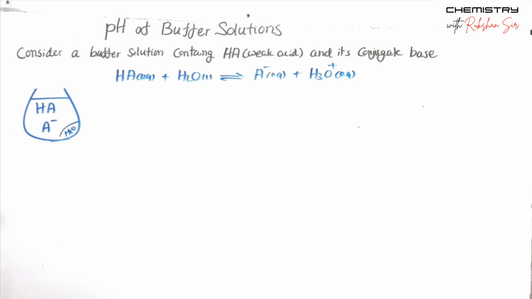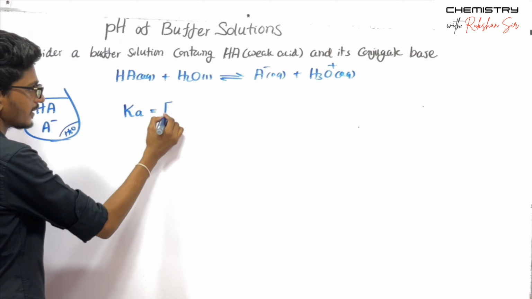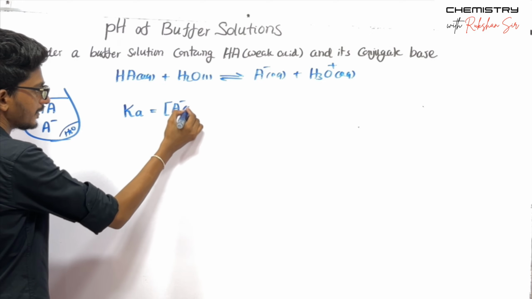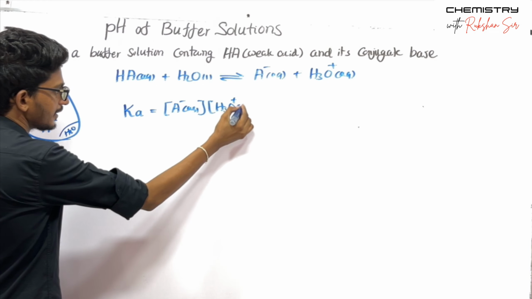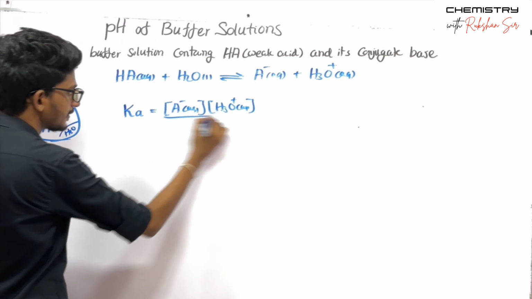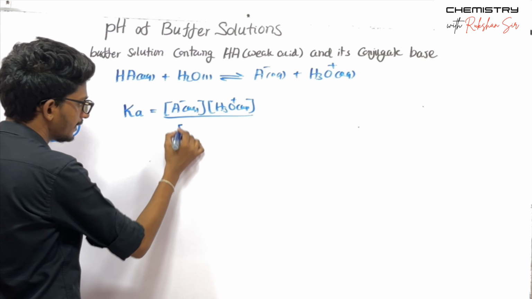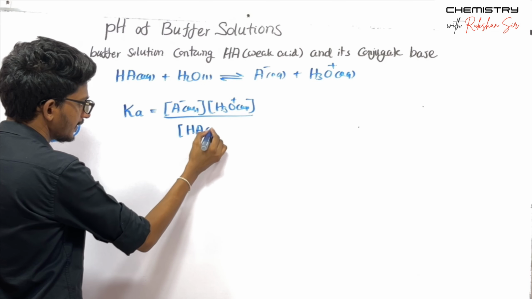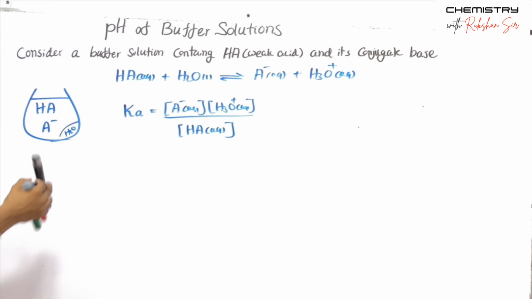So here we can come up with the Ka expression. Ka is equal to [A minus][H3O plus] over [HA]. Right? If you take the minus log of both sides,